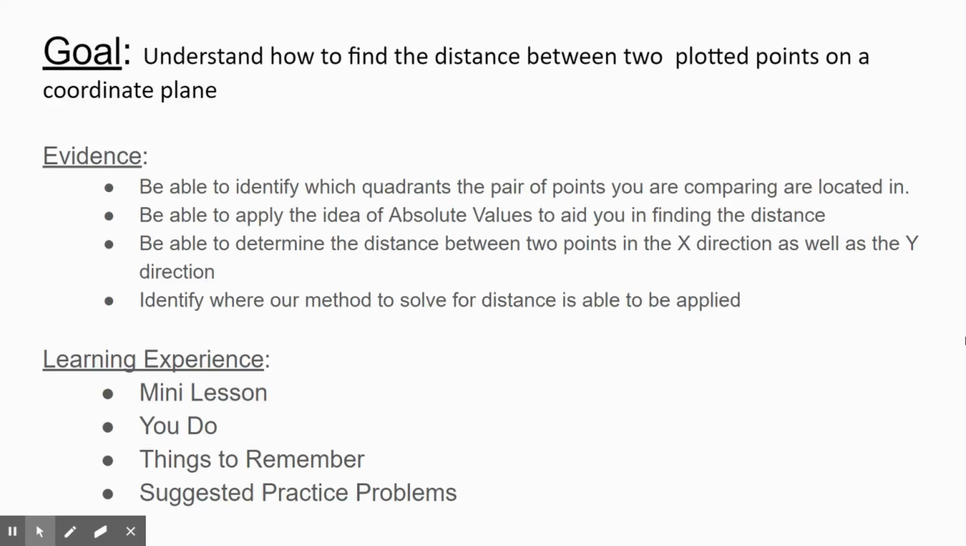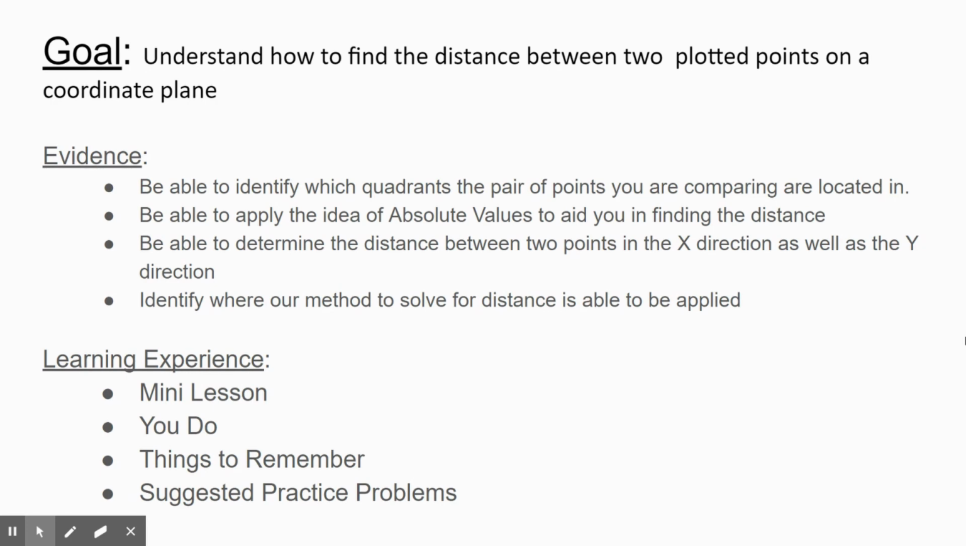In this video, we're going to learn how to find the distance between 2 points on a coordinate plane. We're going to be able to identify which quadrants the pair of points are in, how we can apply absolute value in helping us find the distance, determine the distance between 2 points in the x direction as well as the y direction, and identify where our method to solve distance is able